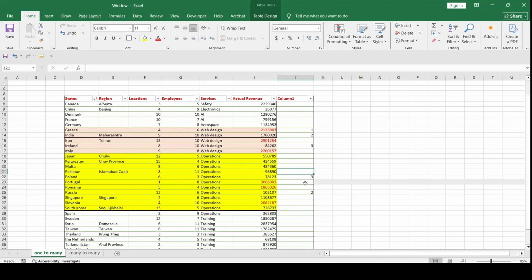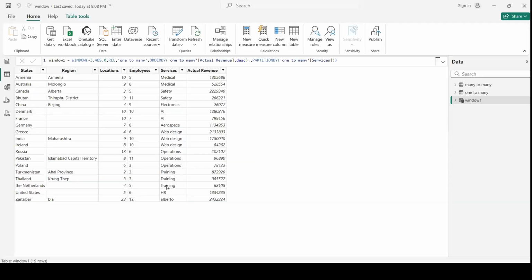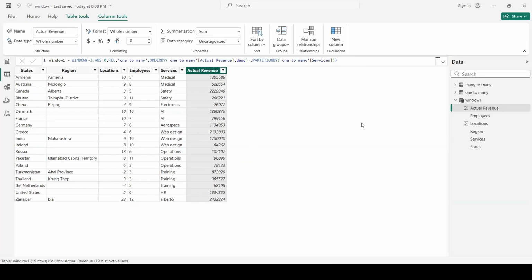No, this should be the second one. And this should be the first one in a descending order. 100K, 96.78. 100K, 96.78. So it is correct. All right, so let's move now to the next scenario. Of course, you'll have to play with these parameters, and you'll see how the data is changed.